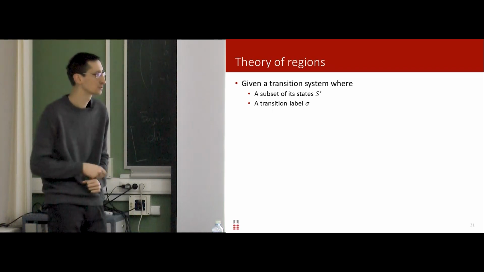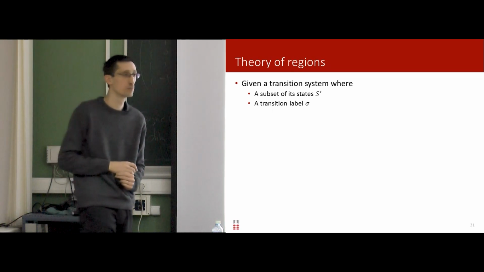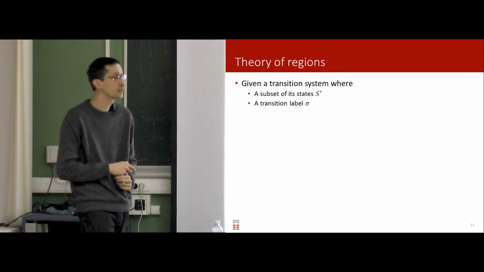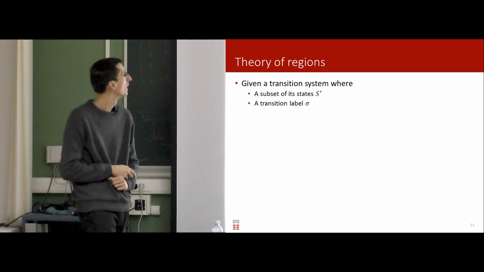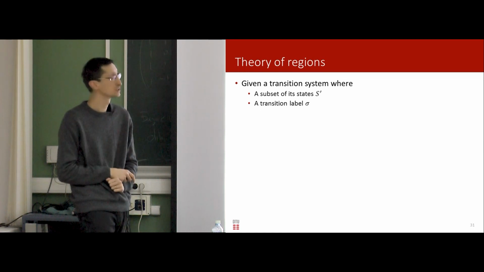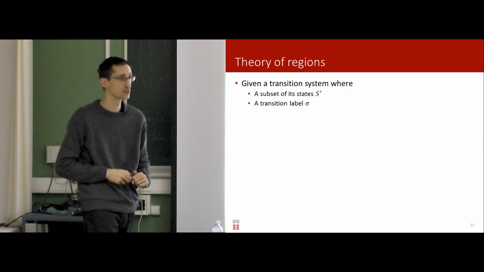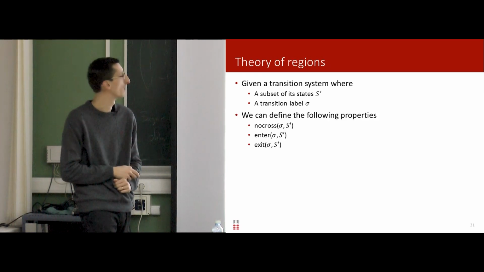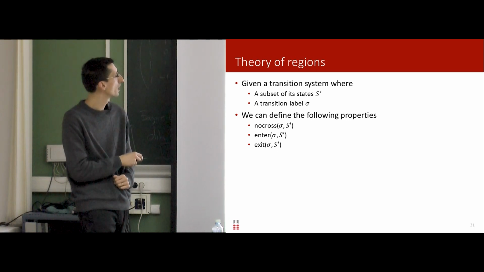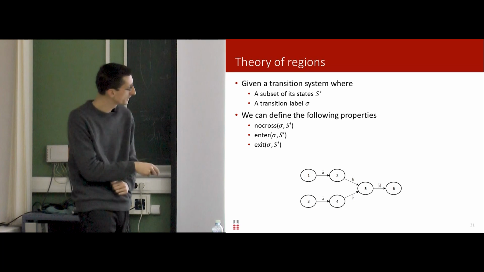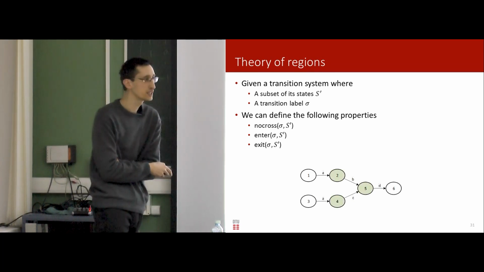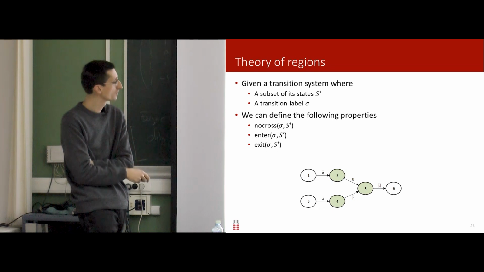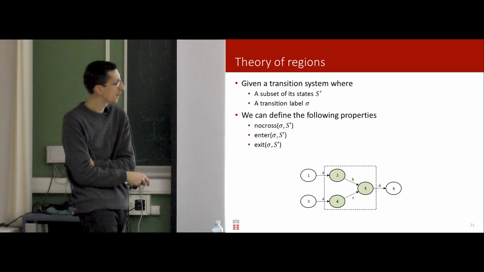Before presenting how to do it, I want to briefly tell you what region theory is. Very briefly, let's say we have our transition system and a subset of the states called S prime, and we have a transition label called sigma. Then we can define 3 properties. The first is called no cross, enter, and exit. And if we take this small transition system down here, and as S prime we select states number 2, 5, and 4,